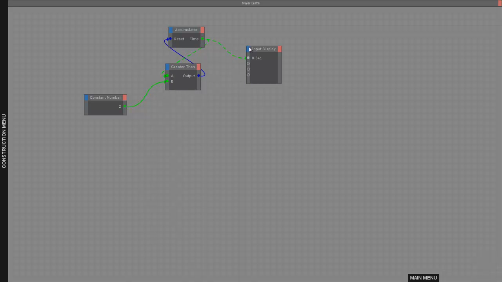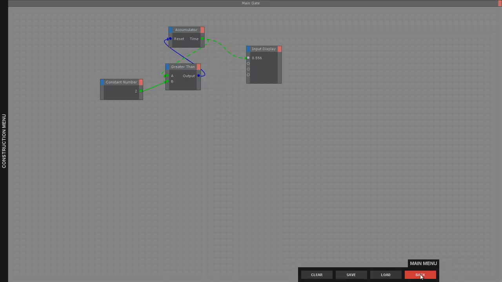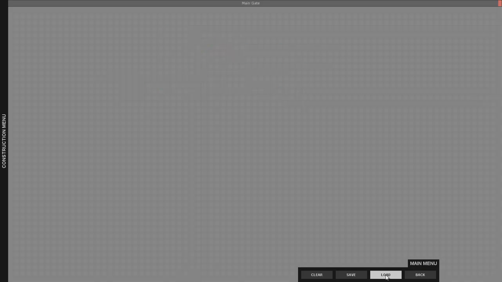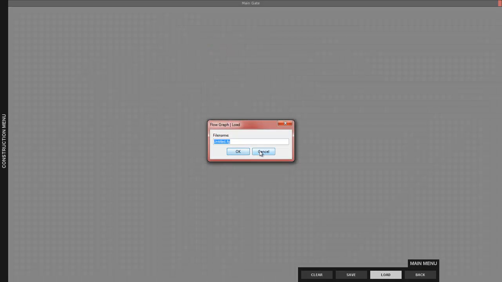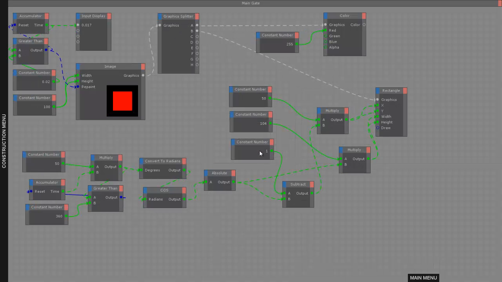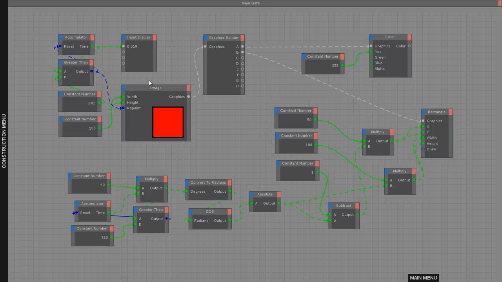So, well, that's just a basic program right here. We can of course then save it if we want to, and we can clear and load. So just so this isn't going to take up a lot of time, I'm just going to load up some things that I've made. For instance, we have some first graphics where we have an image that just draws a red